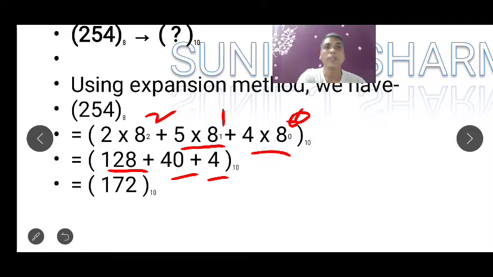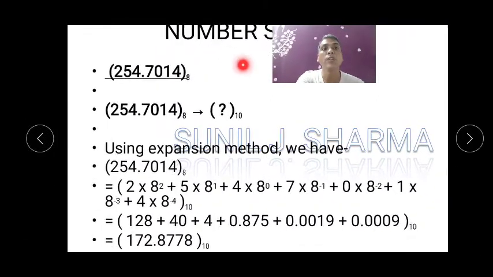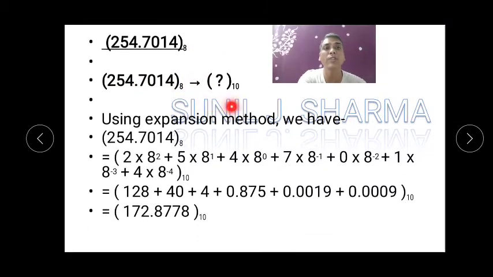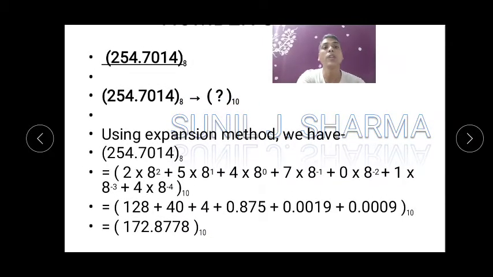Okay, now we will go with the next problem. In this problem, this is your decimal number, and it is with a fraction. I have taken one example without a fraction, or real part, and one example with a fraction. The same number 254 will come, but how do we change this, that is 254.7014 and all? So let's see how they did it.